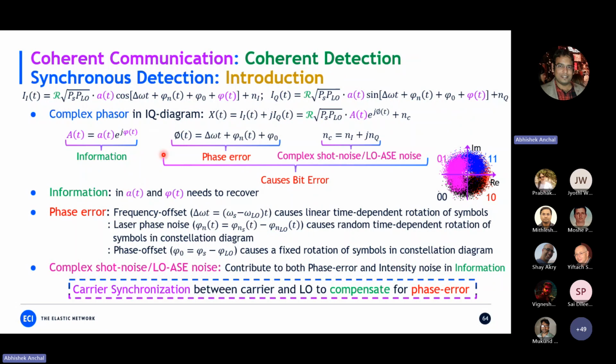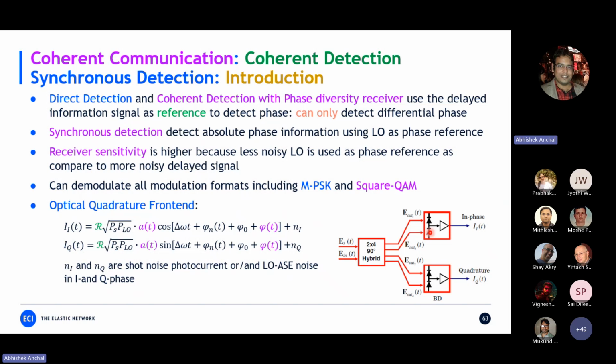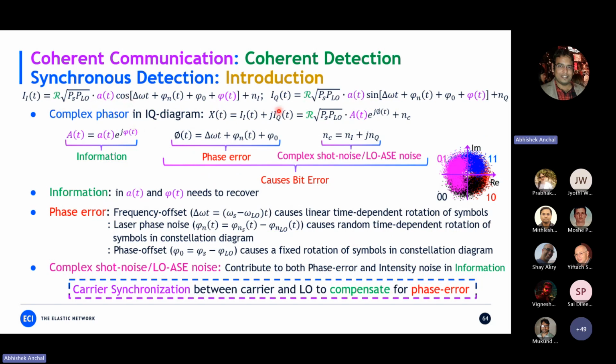So now if you look at the equation of the I and Q part of this front end, the optical quadrature front end, that's this and this part. And basically this represents the symbols of the constellation. So if you write the complex phasor, which is I plus jQ, you get this equation. And this is the equation of the received signal, or let's say this is the equation representing the symbols